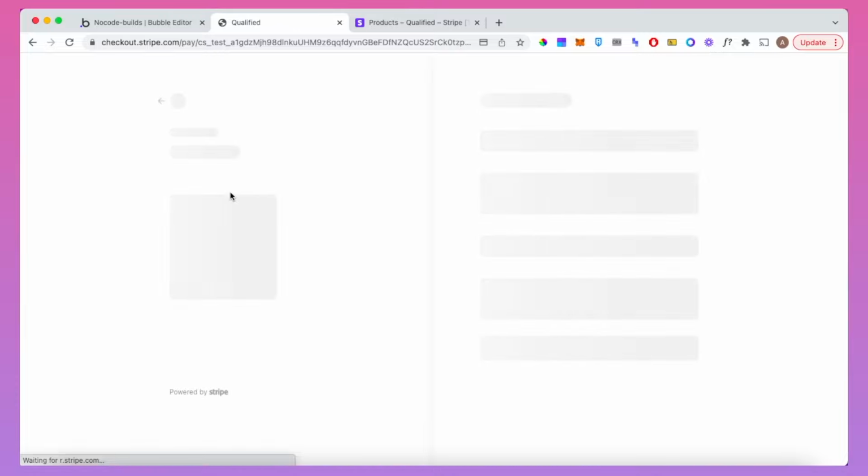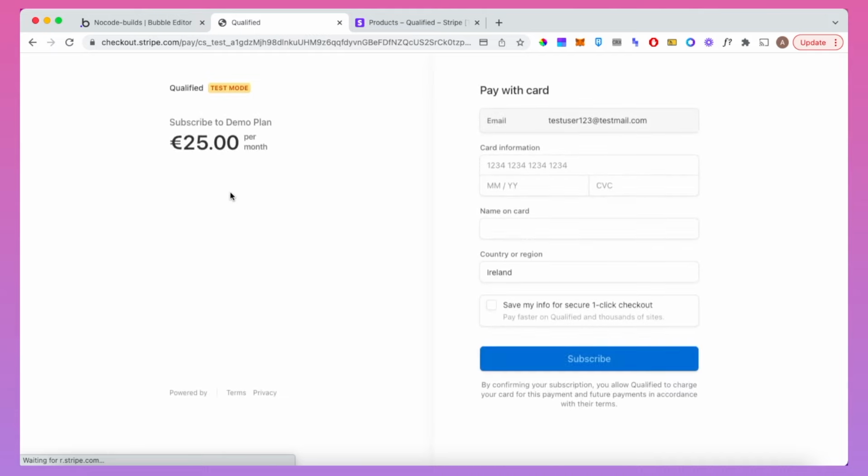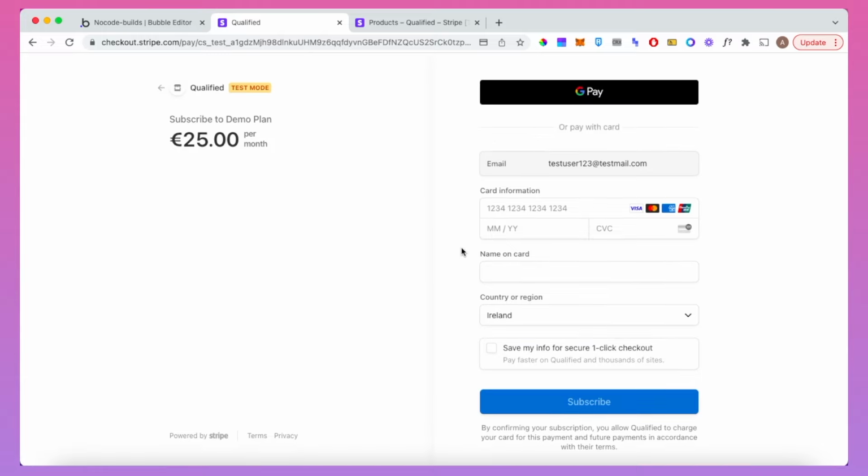And there's a whole bunch of ways you can personalize this based on the Stripe dashboard, but you can see here it's asking for card details, name on card, and then once you have all that in, you can click subscribe. I will do that in a second, but not just yet. The reason I'm not going to do it yet is because we want to get information back from Stripe once